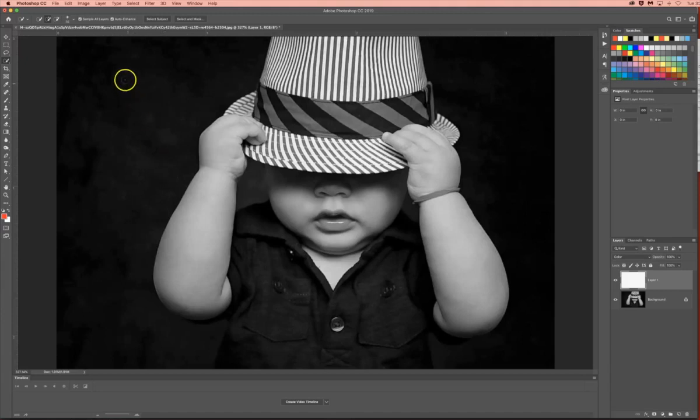I find that it's really important to have sample all layers checked, otherwise it won't sample this layer underneath. And auto enhance always is a good option to have turned on. I find that using a smaller brush works better with this tool, and so I will keep within the skin and not worry if it goes out right now. You'll notice that it's a little rough edged on the selection, but if I let go, that auto enhance smooths